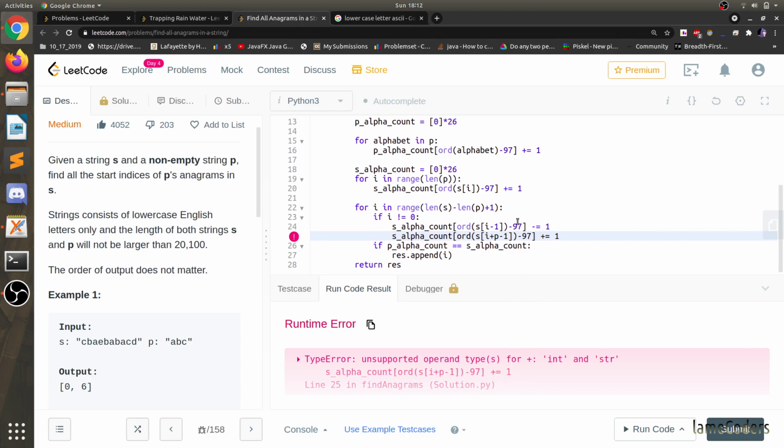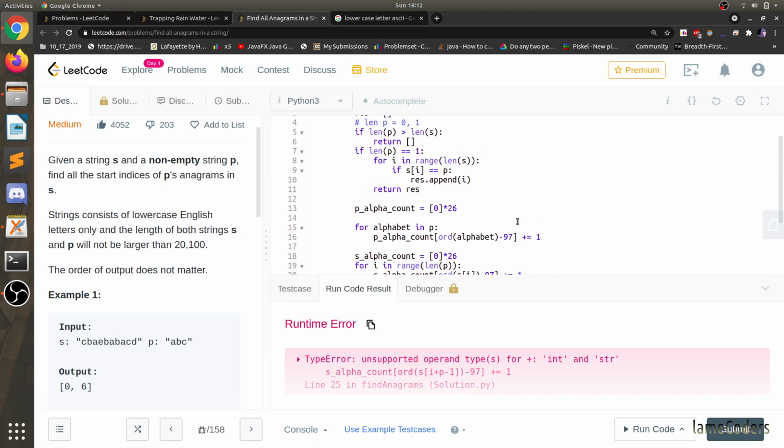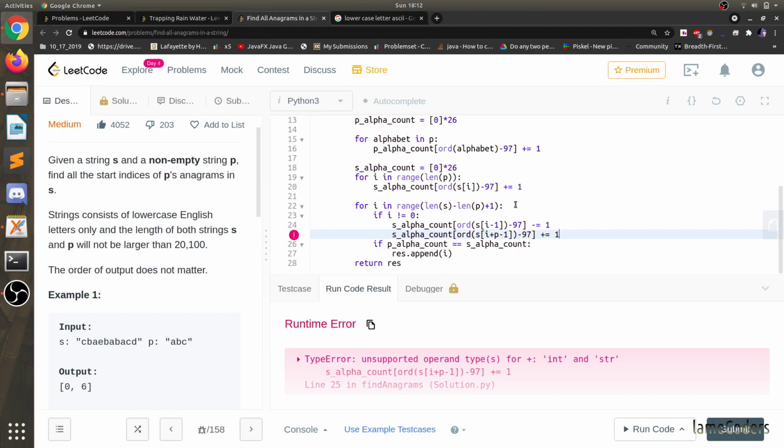How could it be possible? I have taken alpha count as 0 cross 26. Oh, this is p. I have to use length of p.